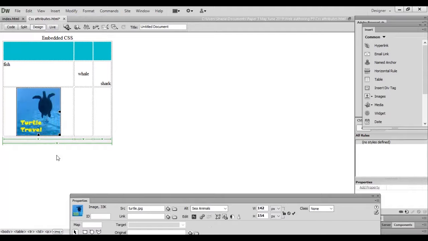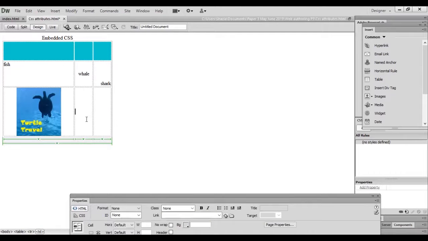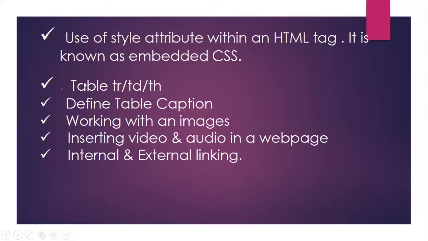I can even create a link from this image to a new page. Let's see, I will do it afterward. First I'm going to insert a video. As I mentioned, we have a table caption, and we converted TH into TD.